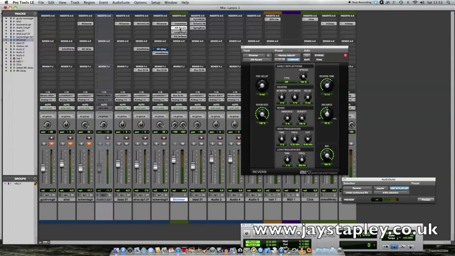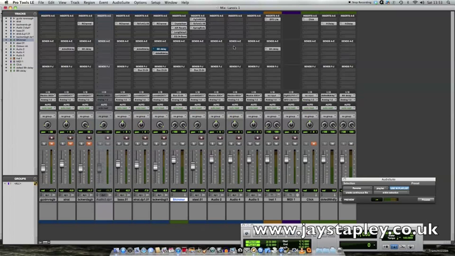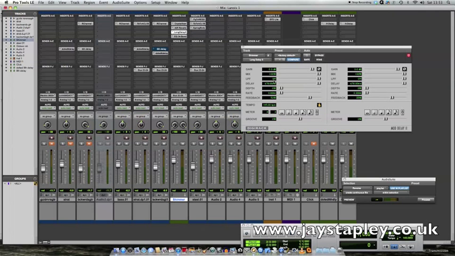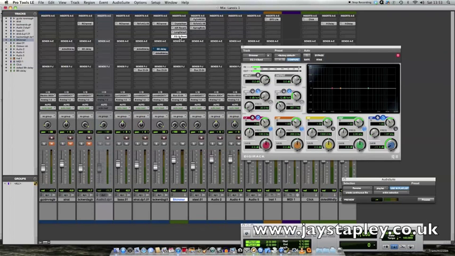original signal. I've got a reverb, quite a long reverb, again the mix 100% wet. I've got a long delay, 678 milliseconds. If I put one of them half that length, I would get more of a ping-pongy sort of effect. Crank up the feedback so you get quite a few repeats. Again, mix 100% wet. And on the end of it, I put an EQ, and I'll show you why in a minute. If I start the track playing,